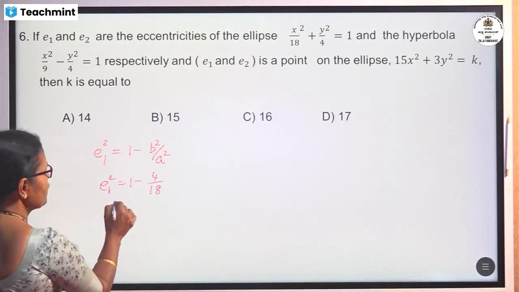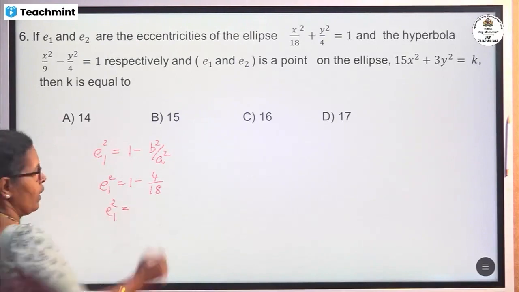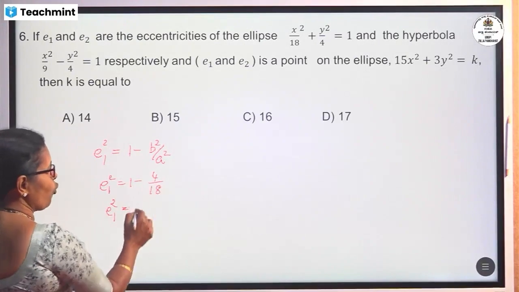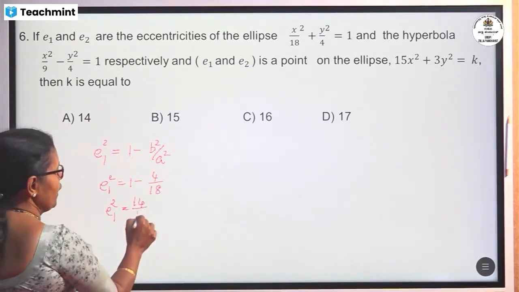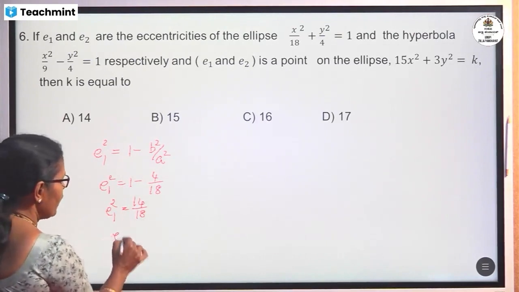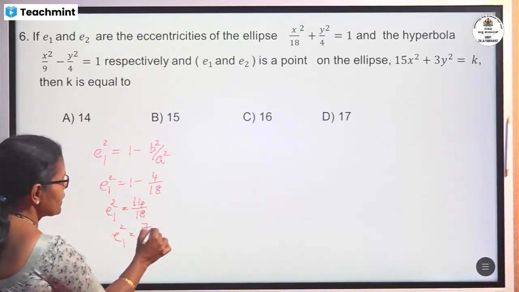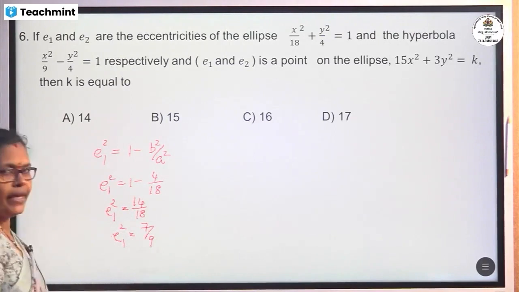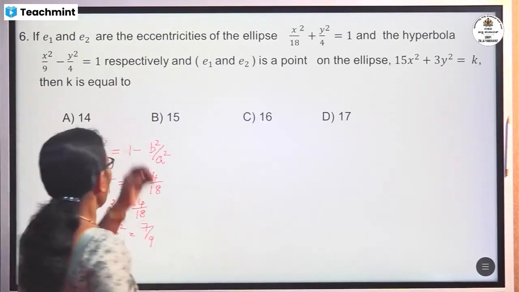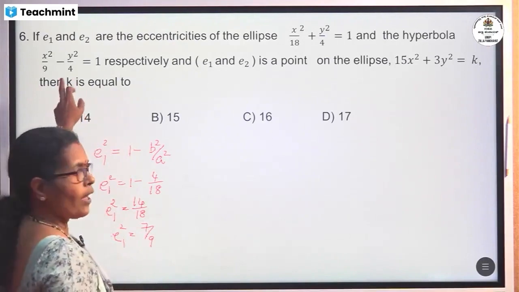Then E1 square is equal to, take LCM, 18 is the LCM, 18 minus 4, then we get 14 by 18, so E1 square is equal to 7 by 9. Now, the eccentricity of the hyperbola,